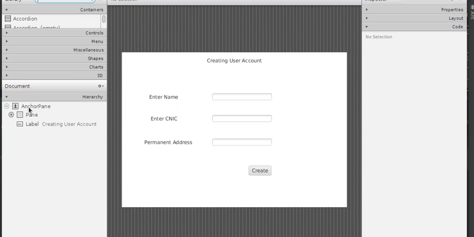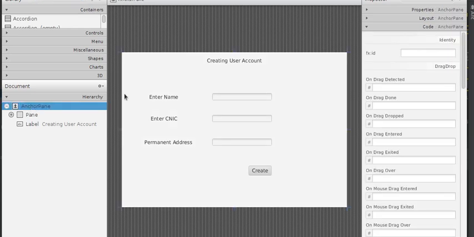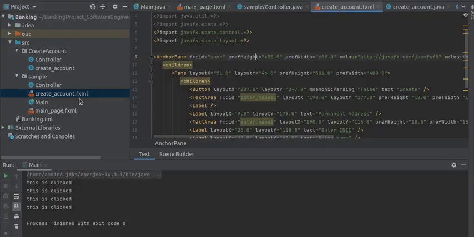This is the parent of this second fxml file. Now just edit it and add the name. In my case I am using pen. Save this with Ctrl S. Now you can see the anchor pane id is created.